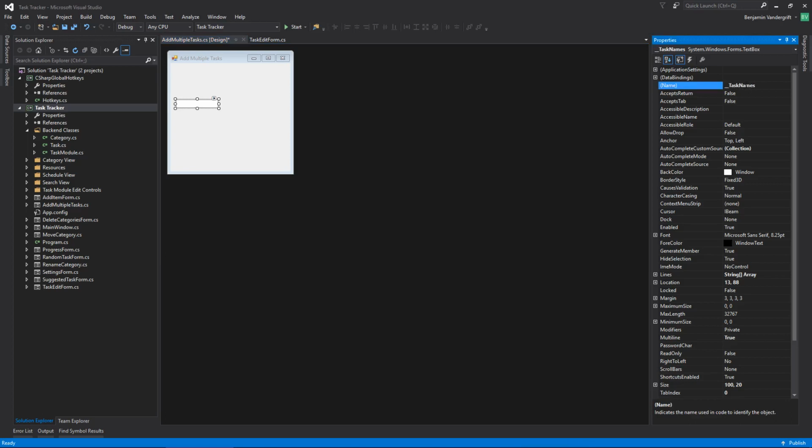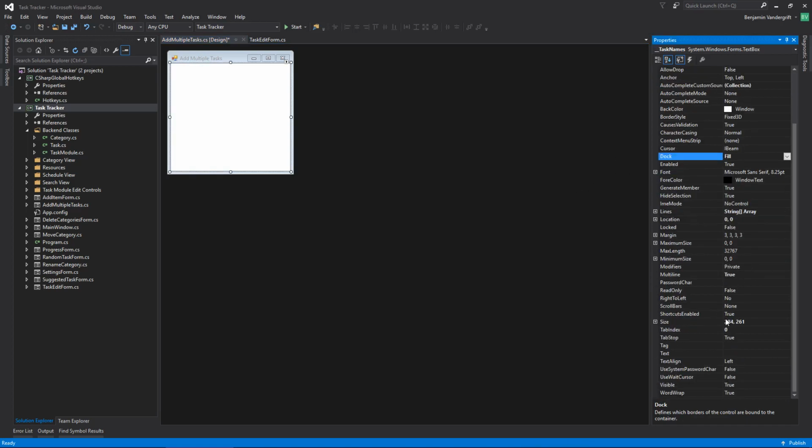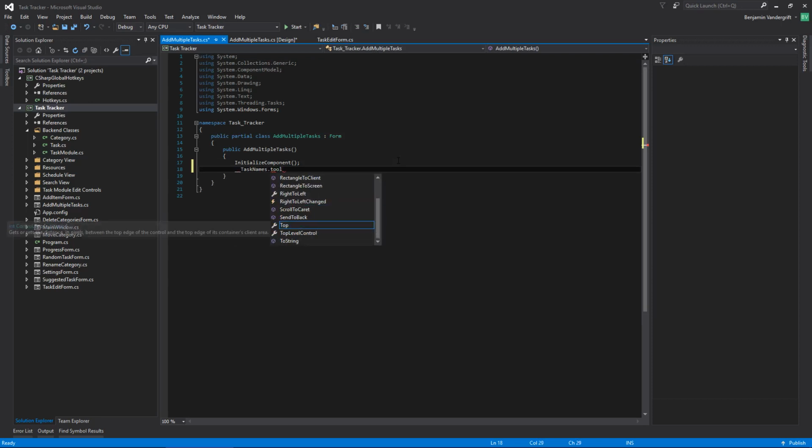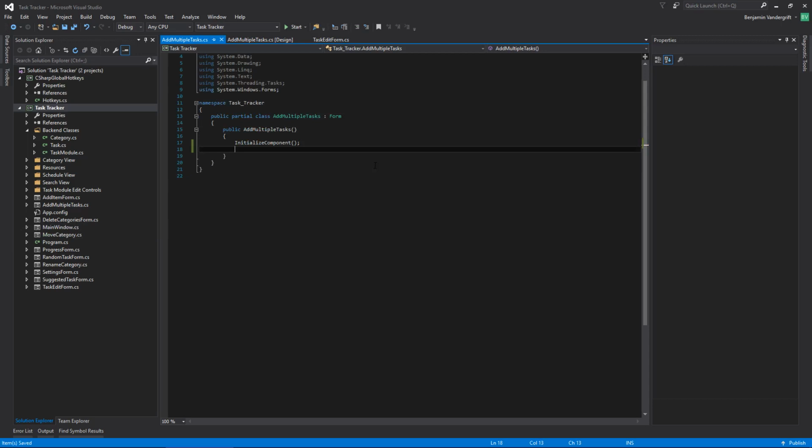Task names. Doc. Yes. And then I kind of want to add a tooltip to this, if that's something that I can do, but I'll have to look in the code. Okay. So this is going to just have a, let's see. Can I? No, it doesn't have tooltip. That's okay. So all I want is